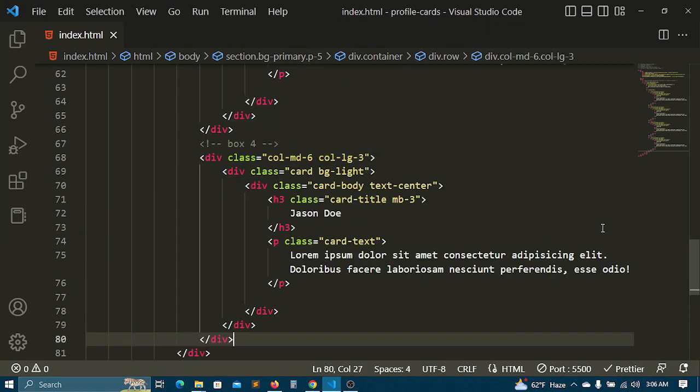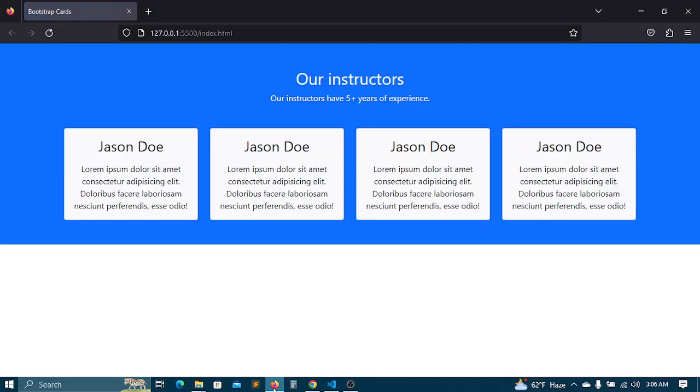Okay, let me save this all. Let's go here, and we can see that there are a total of 4 cards in our container, which looks really great,